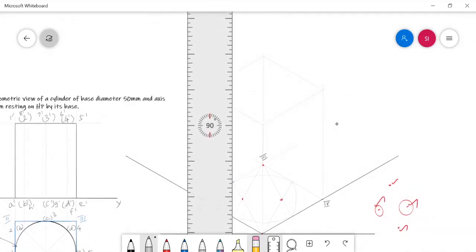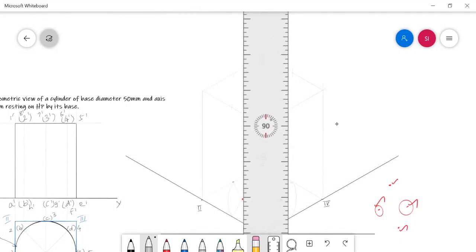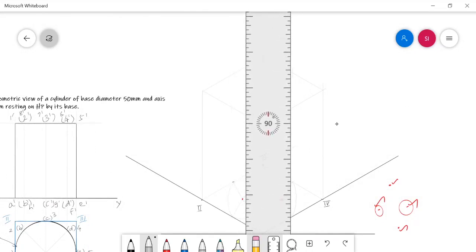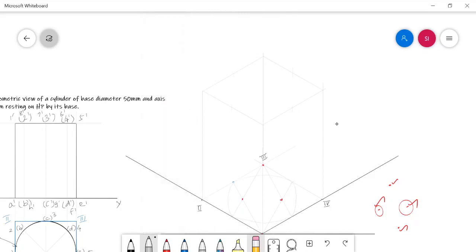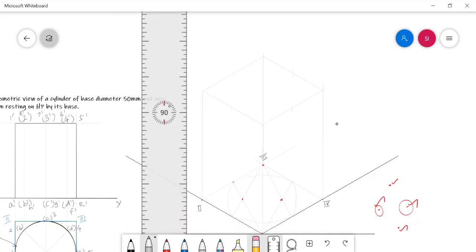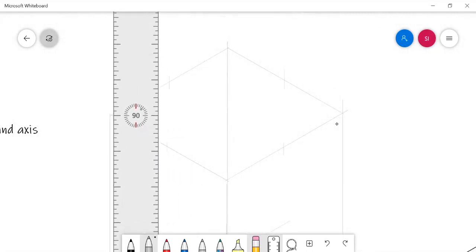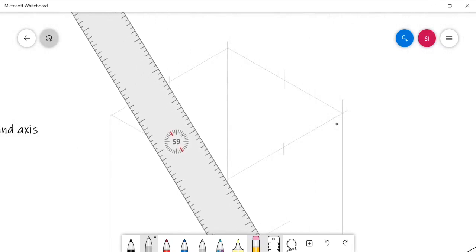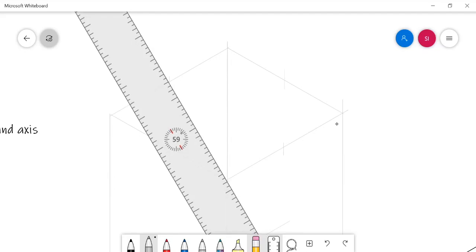The same way, the center of this edge, and finally the center of that edge also. In this way I can mark the centers and then follow the 4 center method again. First I need to connect the bottom corner with the centers of the opposite edges.